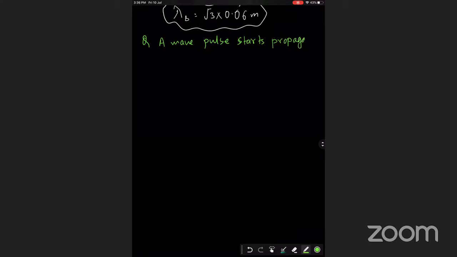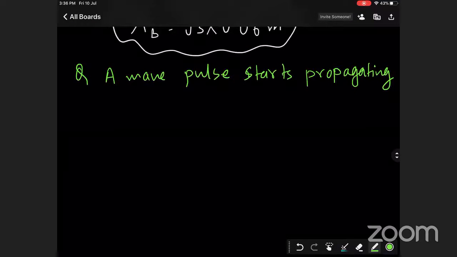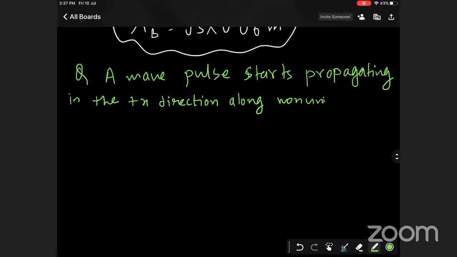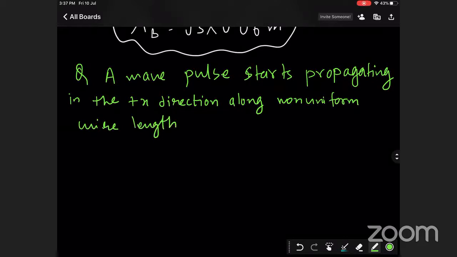Let's handle one more question. Again, this is only for IIT students. A wave pulse starts propagating in the positive x direction along a non-uniform wire of length L